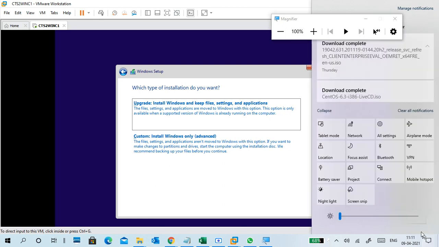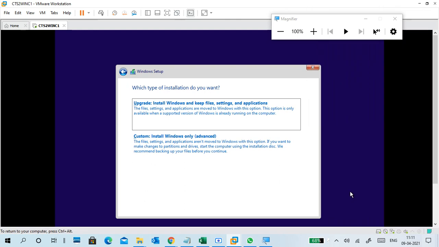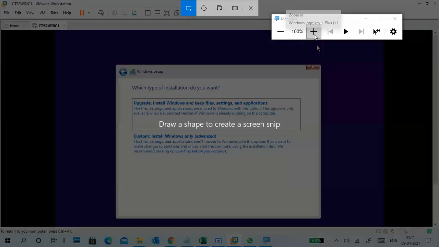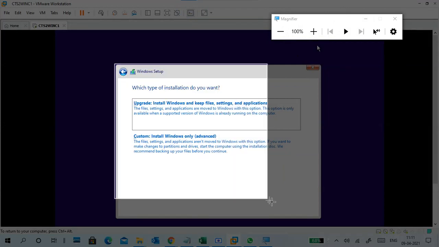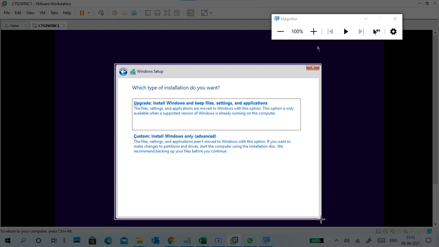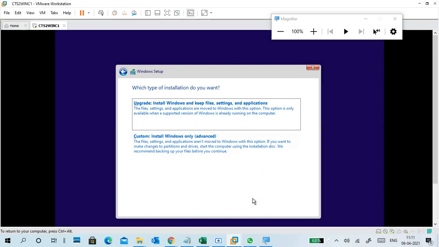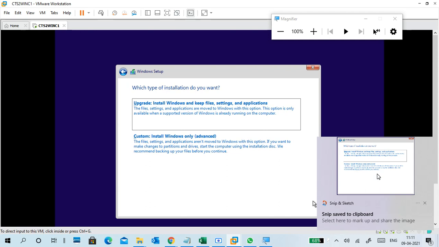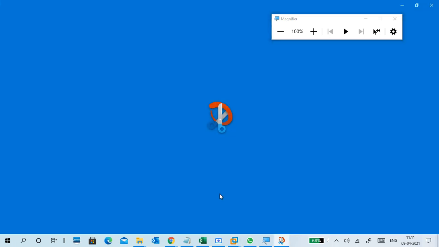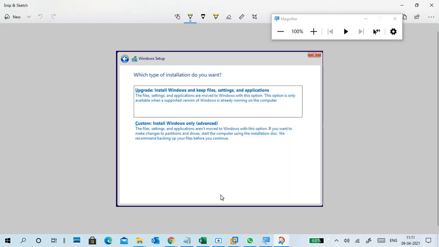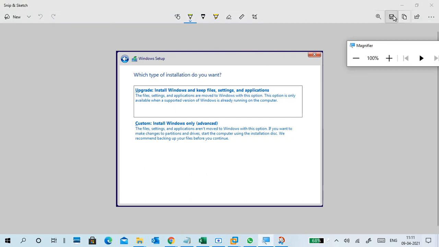I got a new feature here, screen snip directly. You have to drag something here, like this. So I snipped it. These two options are there, Upgrade or Custom. So when do we use Upgrade and when do we use Custom? First of all I will save this one.